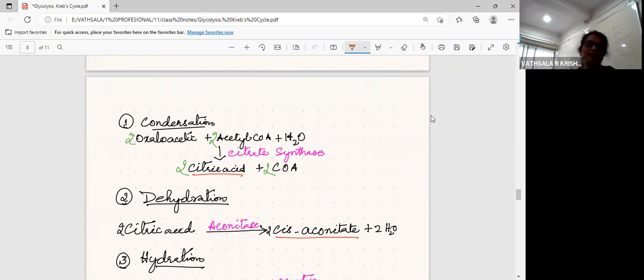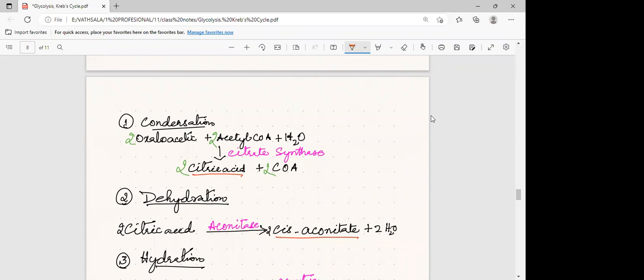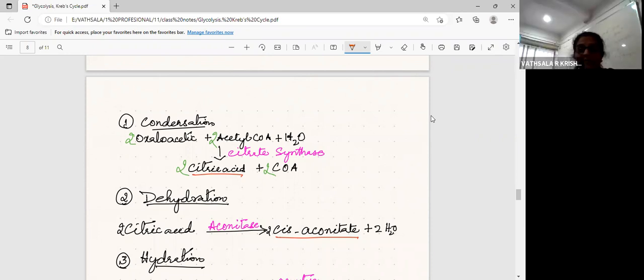Yes, ma'am, acetyl-CoA. Every time I am writing 2 because 2 pyruvate give 2 acetyl-CoA. That way it becomes easy for you to understand the cycle. Okay, acetyl-CoA combines with